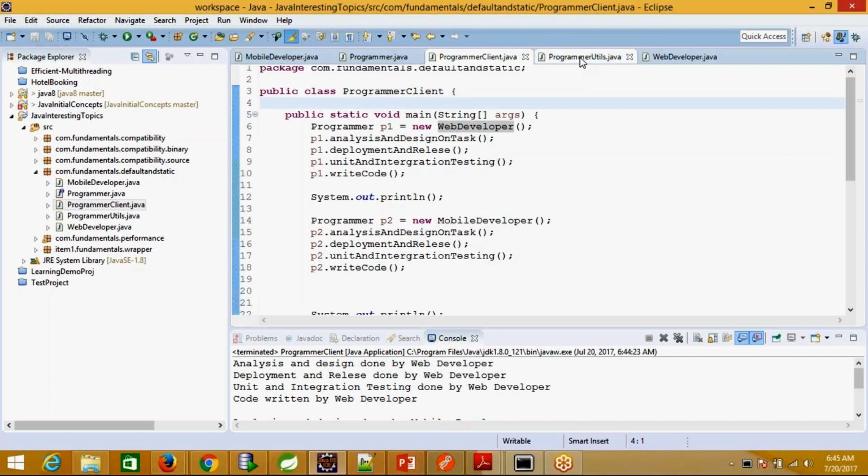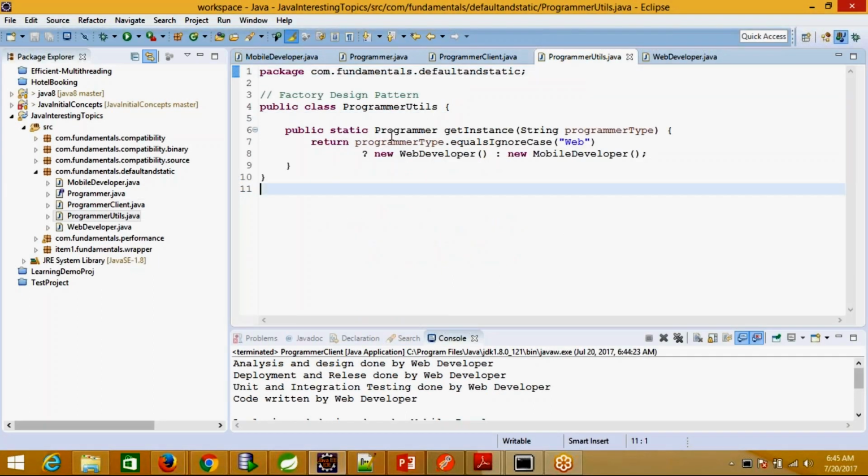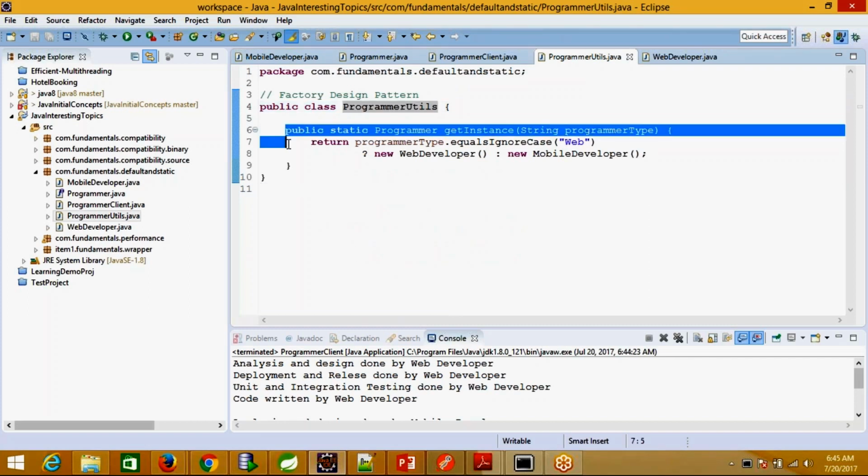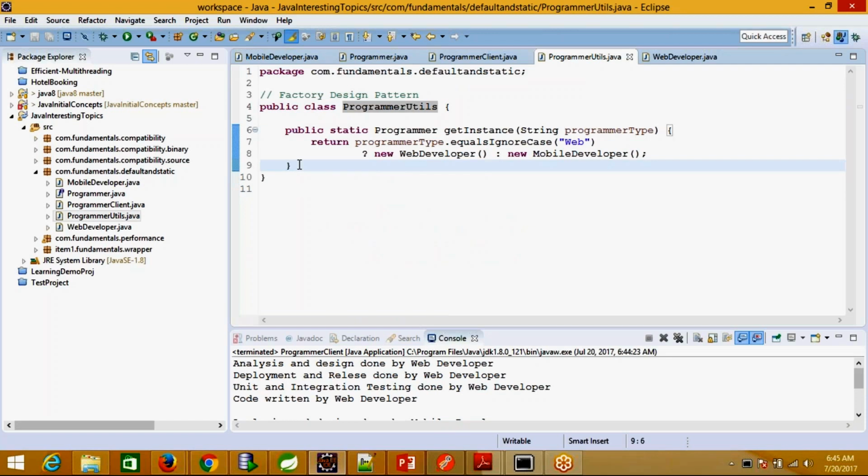I have created one util class, programmer utils here, and this class has one method, that is the get instance method. It takes the programmer type as an argument here and returns the related object based on the logic.